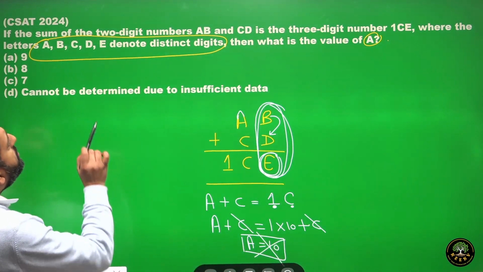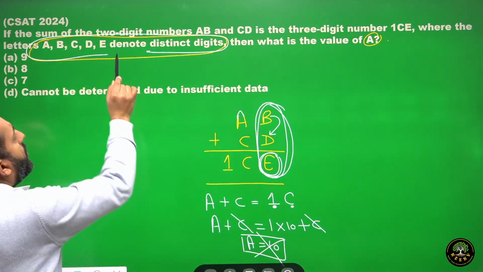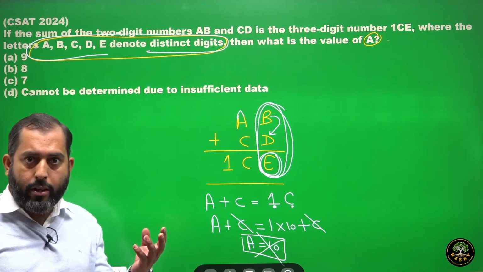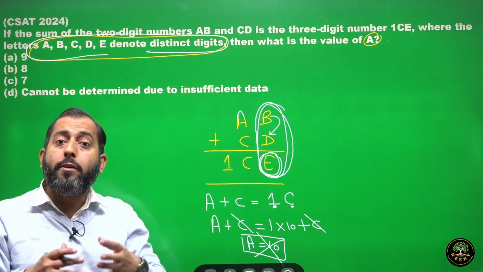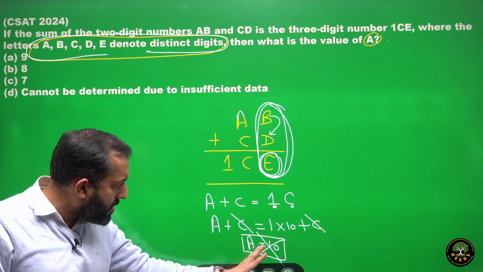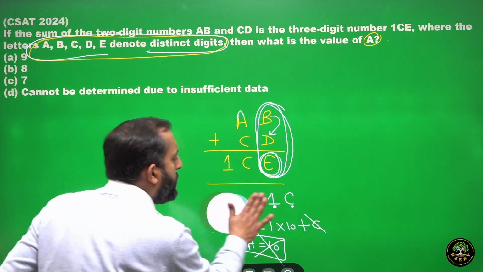Why? Because they were distinct digits. The values of A, B, C, D cannot be a two-digit number. According to this assumption, the value of A is a two-digit number, which is 10. So, which means